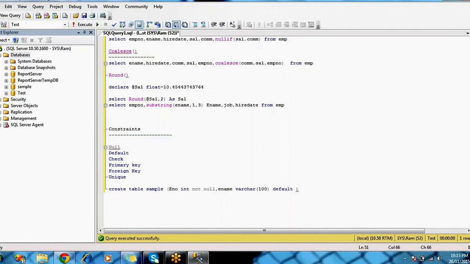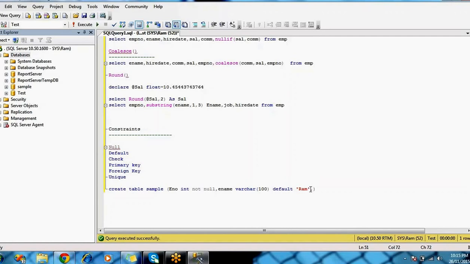Default constraint. So what exactly is this default constraint? Whenever you are applying a default constraint, if you are not inserting any value to this employee name column, it will insert the default value, whatever default value you put here. I'm going to insert a default value as RAM. If you are not inserting any employee name for this employee name column, then by default it takes RAM. The syntax for the default is written this way, and whatever default value you are going to create, you have to mention here.